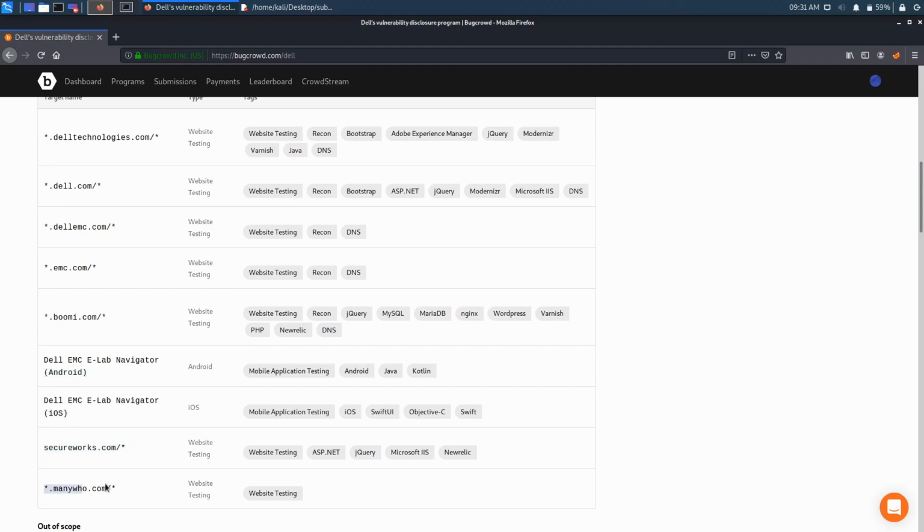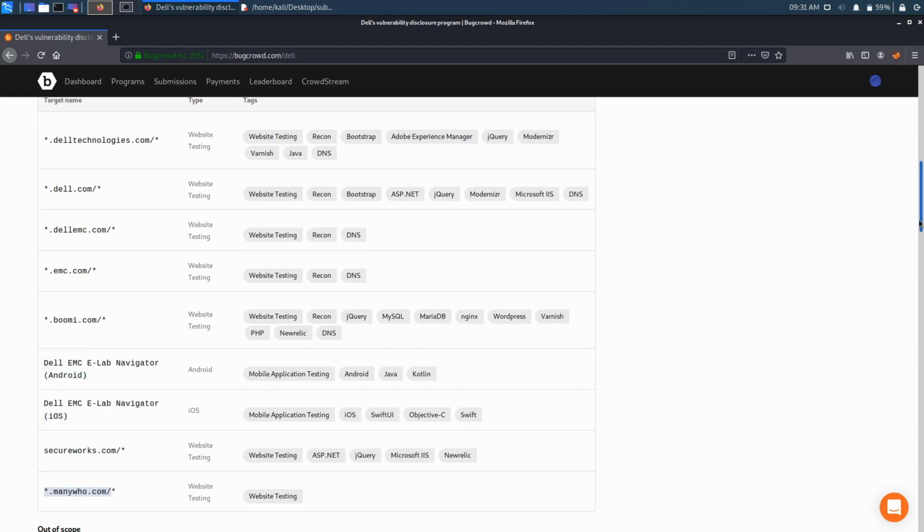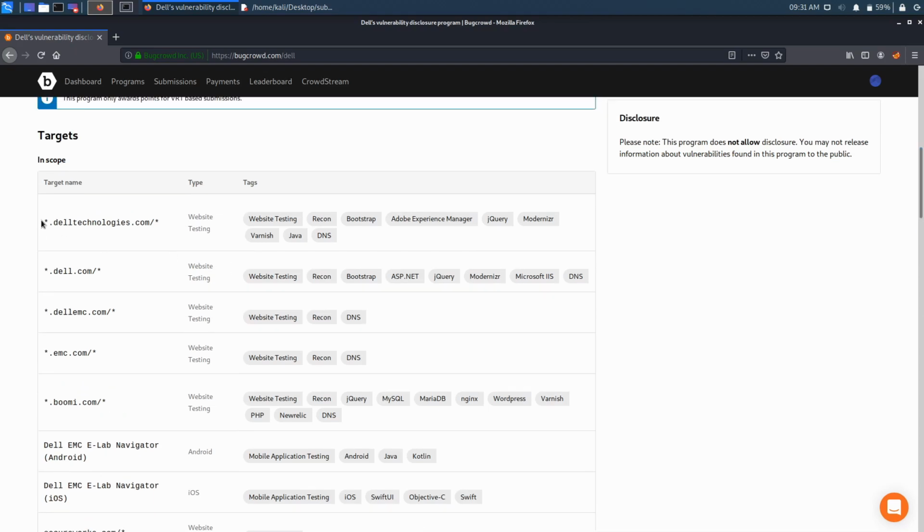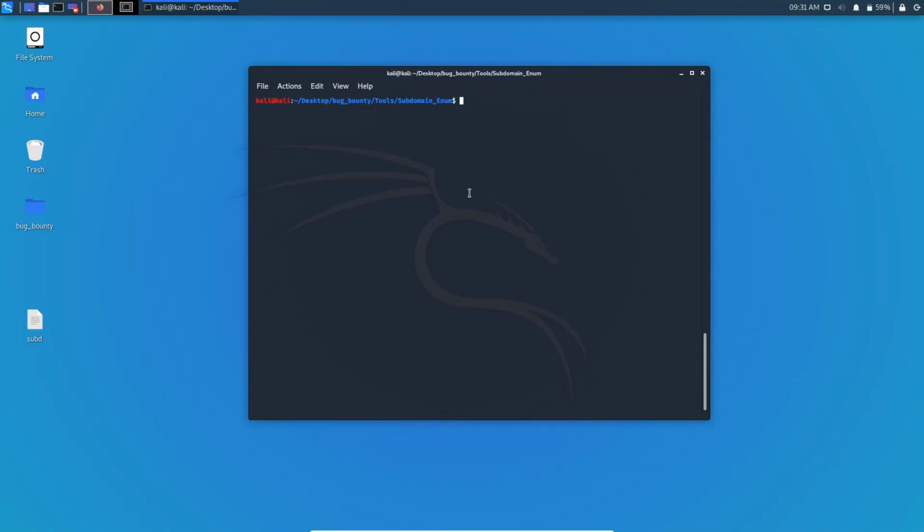The star symbol indicates that all the subdomains of the corresponding websites are also in scope and can be reported. This is a very large scope and requires proper recon in selecting a target so that you can properly report a bug.